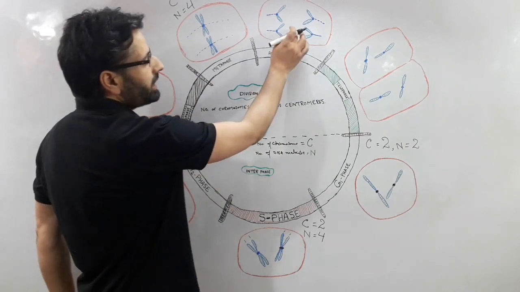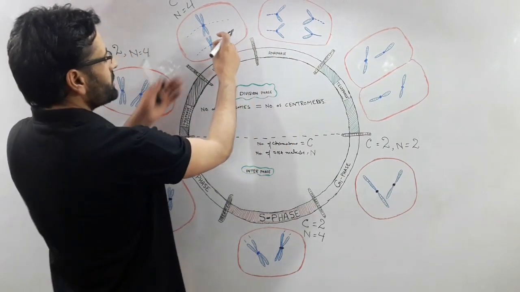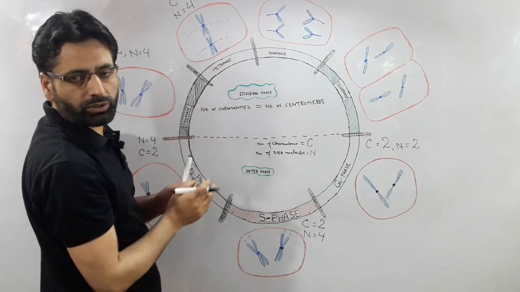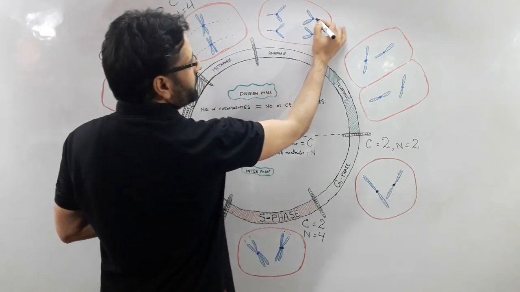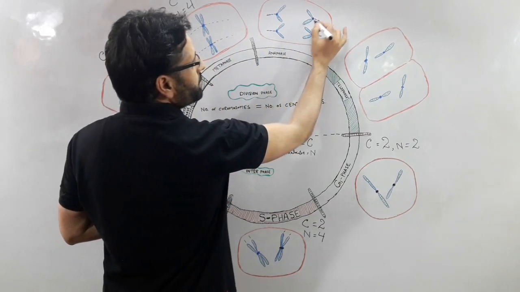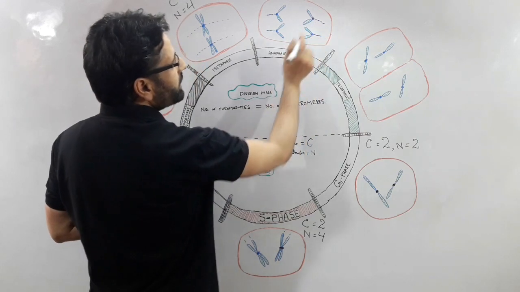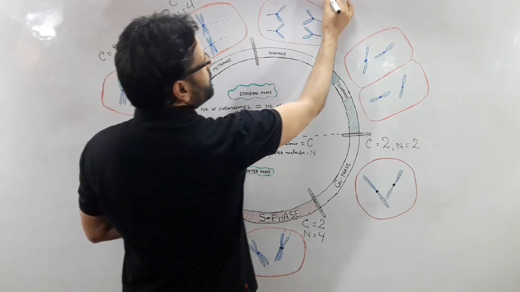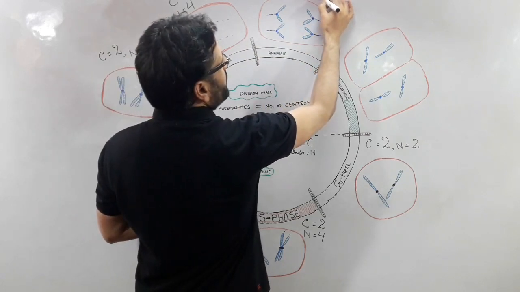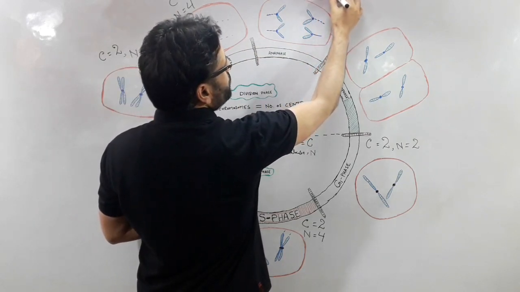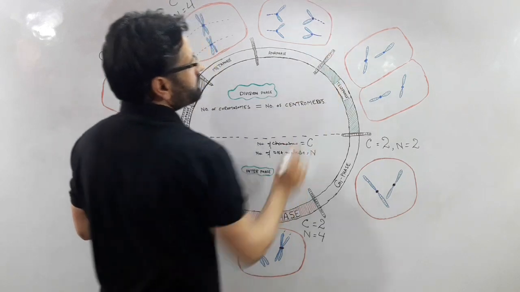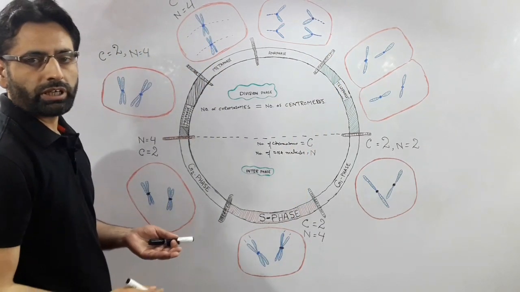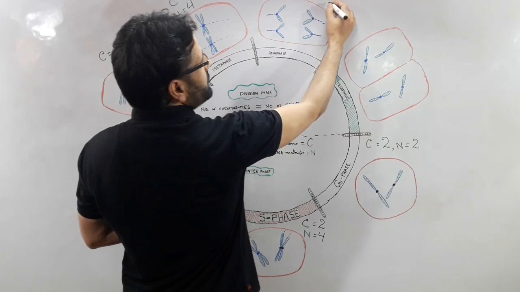Now in the anaphase, when these sister chromatids get separated from each other, if we count the number of centromeres present in the anaphase, we have 4 centromeres: 1, 2, 3 and 4. So therefore we have 4 chromosomes present in the anaphase. That is, C will be 4, and the number of DNA molecules, as you know, will be